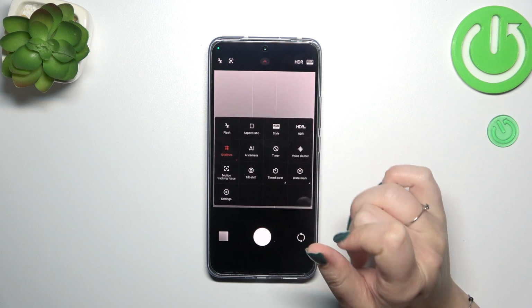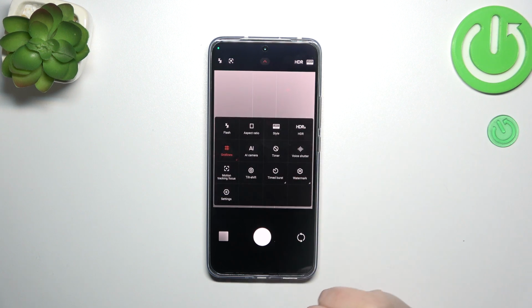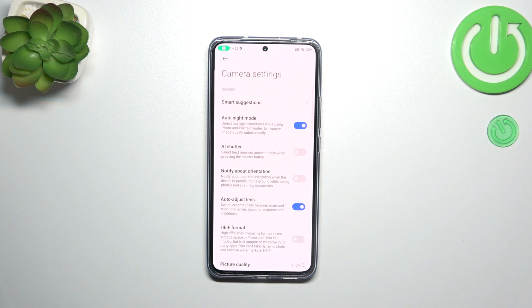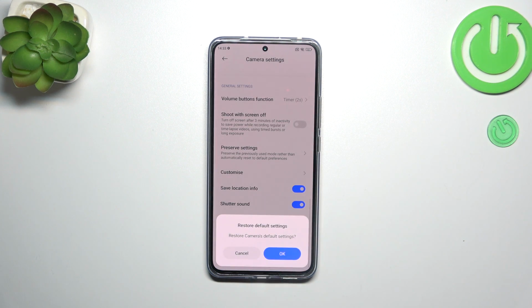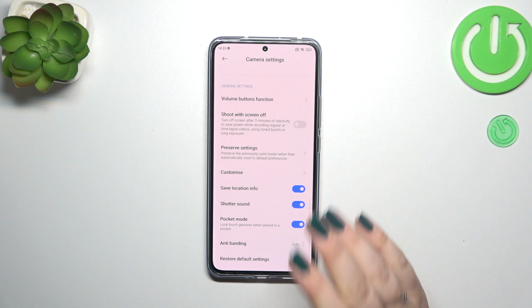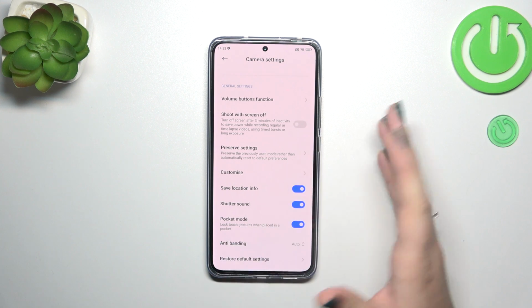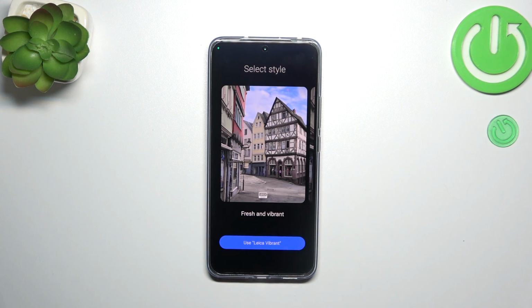We have to swipe our finger from the top to the center or to the bottom of our device and then tap on settings. Now let's scroll down to the very bottom and tap on restore default settings and confirm it with OK. As you can see, the settings flashed a little bit, and after getting back to the camera,